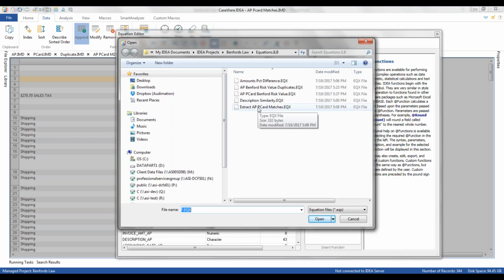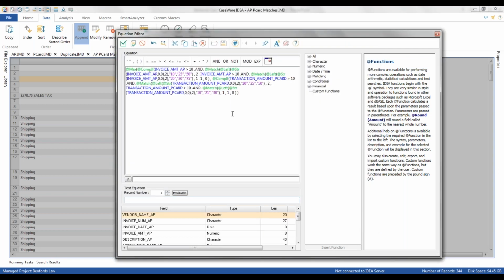Now this is going to be this complicated formula here. But basically it's the same thing as what we did before, but we have a complex if statement for invoice AP, where we're going to do exactly what we did with the duplicates. We're going to add a second one where we do the same kind of stuff for the transaction amounts for P-card, where you can see we varied the 20, 21, and 30 in place of the 20, 30, and 75,